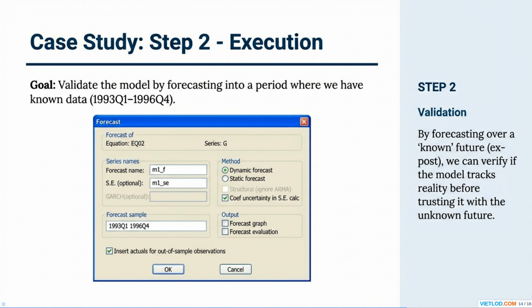We are now moving into the second crucial step of our case study, executing the forecast for validation. As highlighted, the primary objective here is to validate our previously estimated model. To do this, we perform what's known as an ex-post forecast. This means we are forecasting into a period for which we actually have known historical data. In this specific example, we've set our forecast sample from the first quarter of 1993 through the fourth quarter of